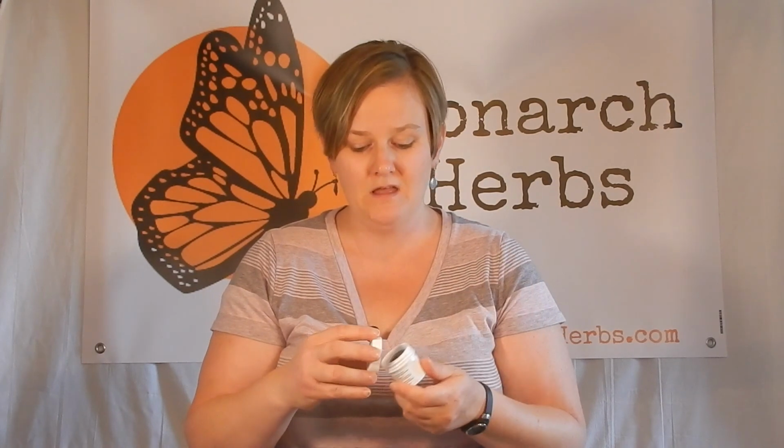All right, next I have two items. Again, it's kind of an internal and external item. I have my Onyx salve and my Eclipse pills. So they kind of go hand in hand. They both have charcoal in them, which is what gives them the darkness and the black. They are drawn